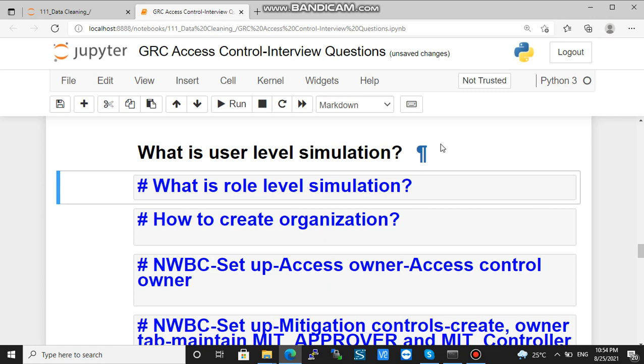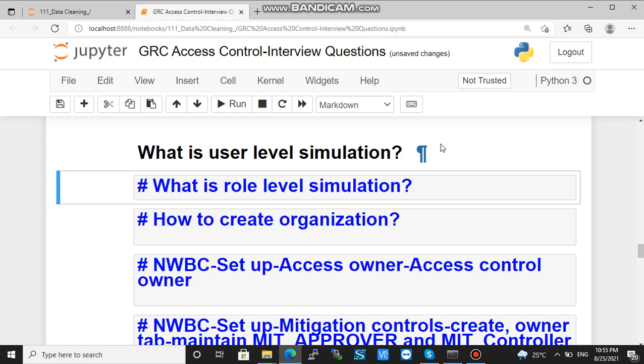If a role is going to be added to an existing role which is assigned to users, and if there is any risk coming by adding that new role to the existing role, then that is known as user level simulation.